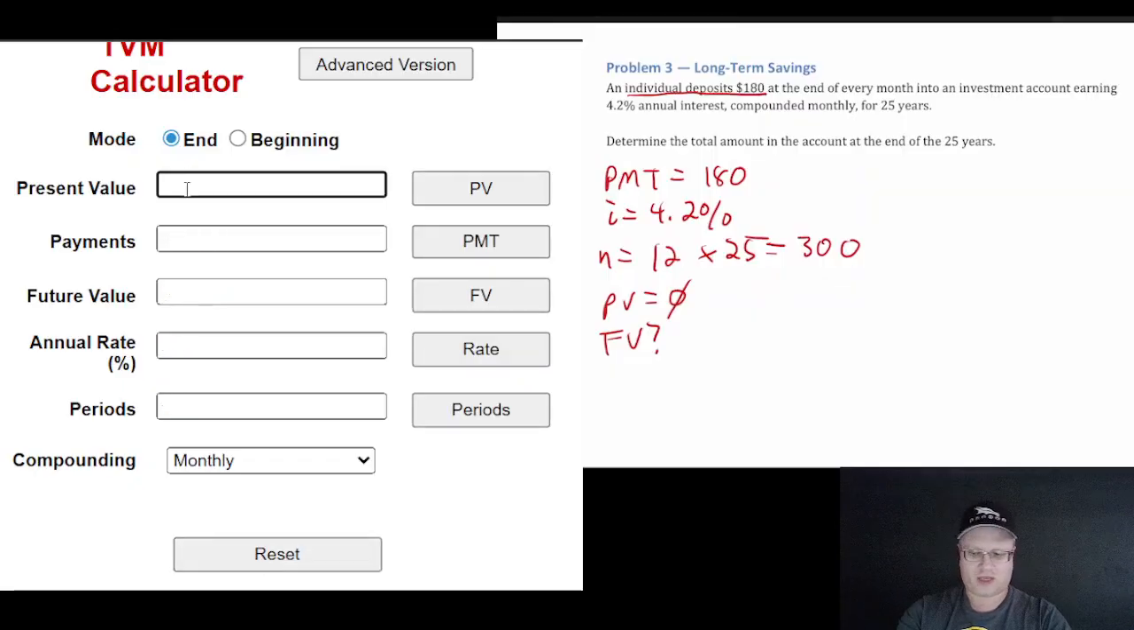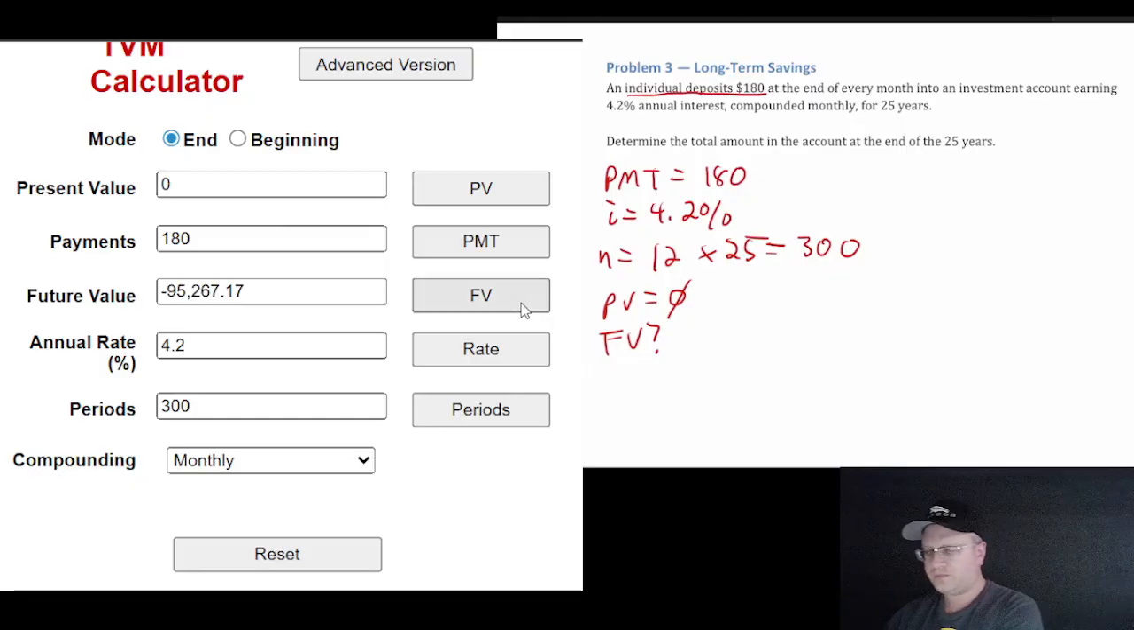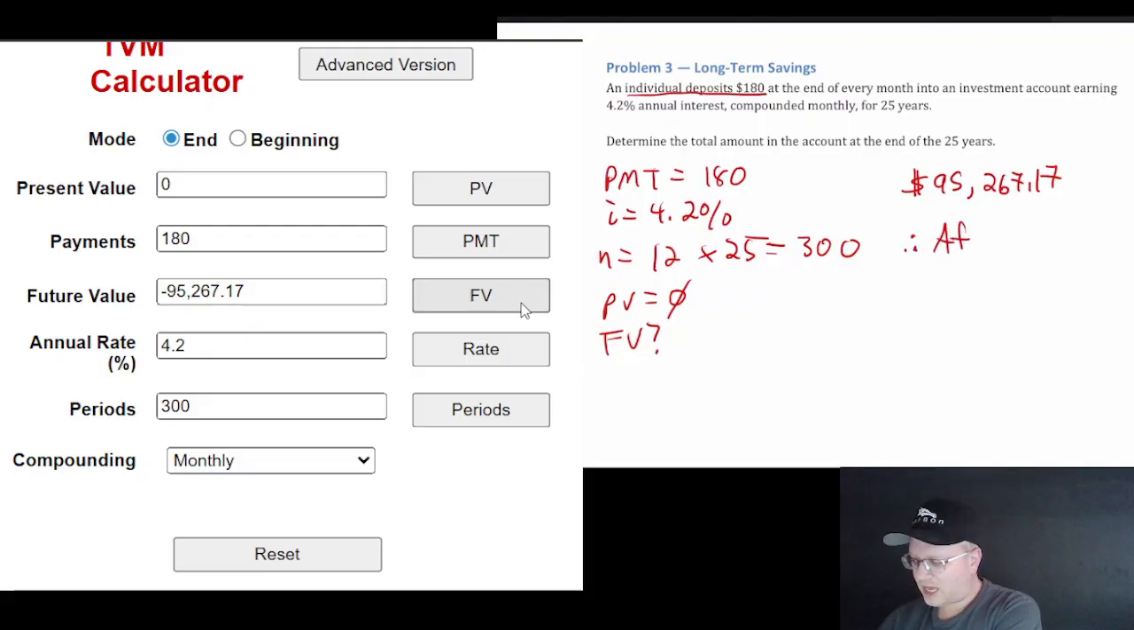Reset, present value is 0. Payments is going to be 180. Future value is what we're trying to find. Annual rate, 4.2%. Number of periods, 300. Click FV to find the future value. And at the end of this investment, we see we're going to have a value of $95,267.17. So therefore, after 25 years, account